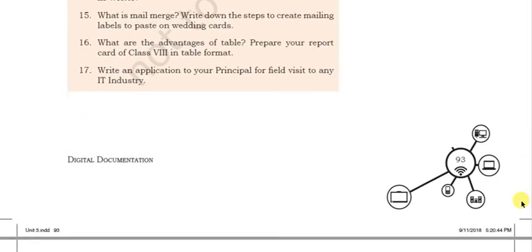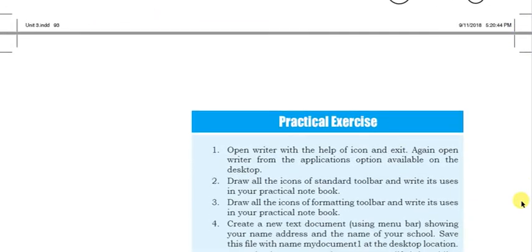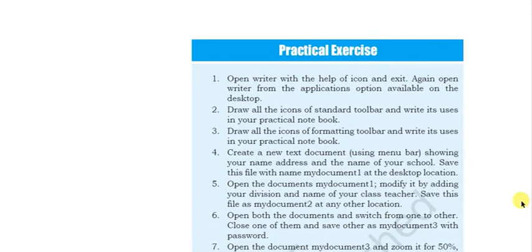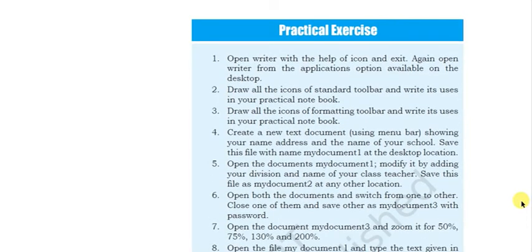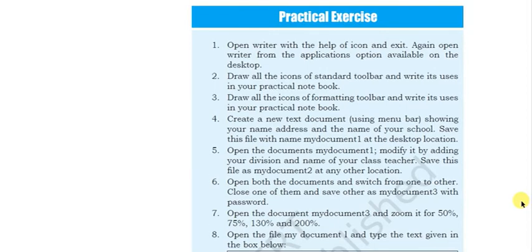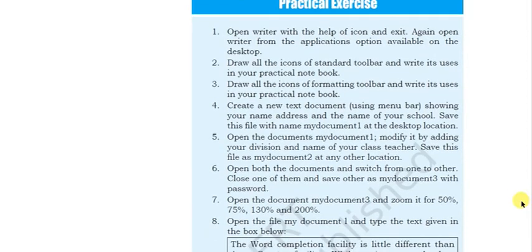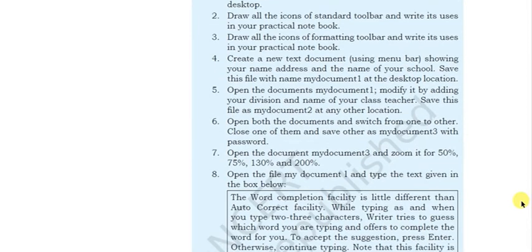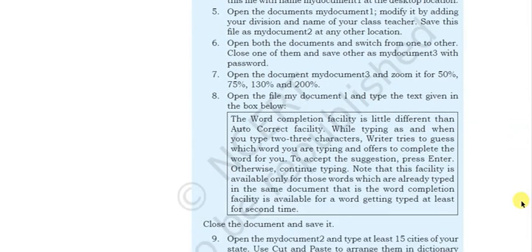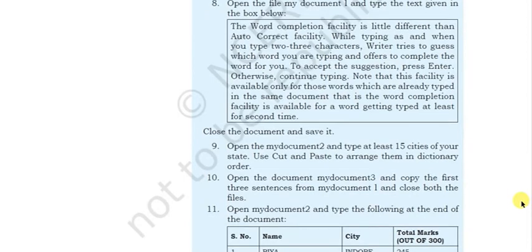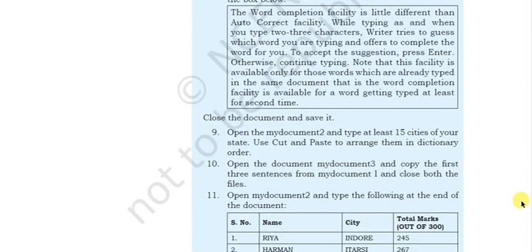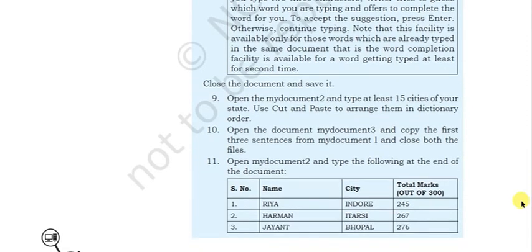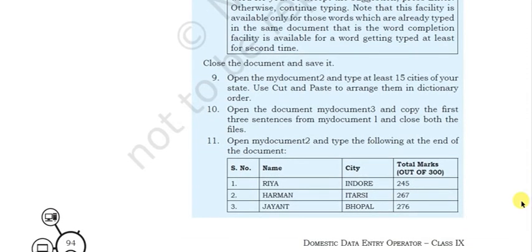After the theoretical part you have some practical exercises also that will help you master the skills on your computer. For this you must have the knowledge of the entire unit number 3 that we have discussed in these 3 video lessons, and if you have watched all the videos carefully, then you will be able to answer these questions very easily.